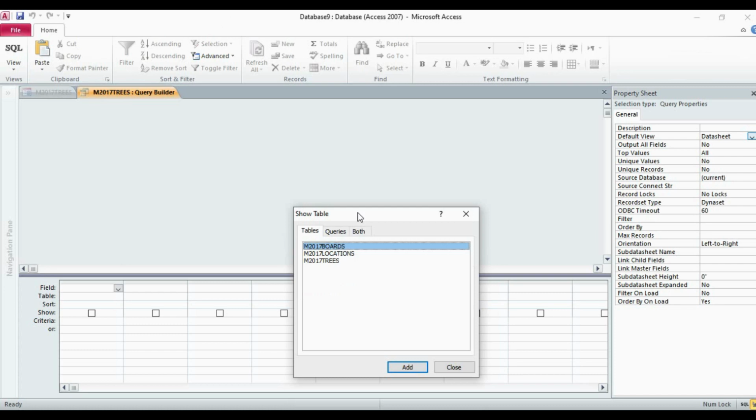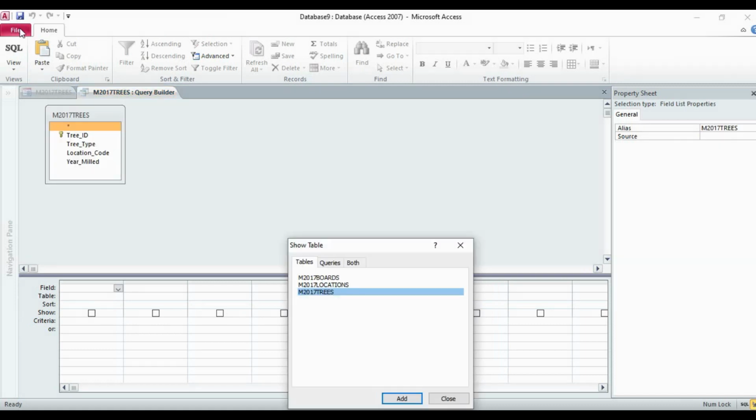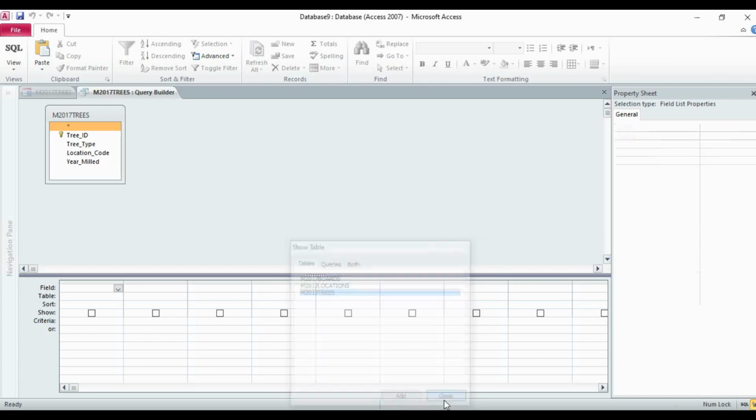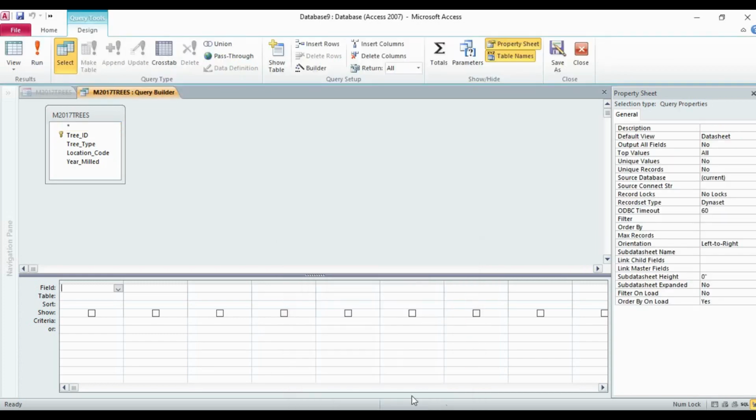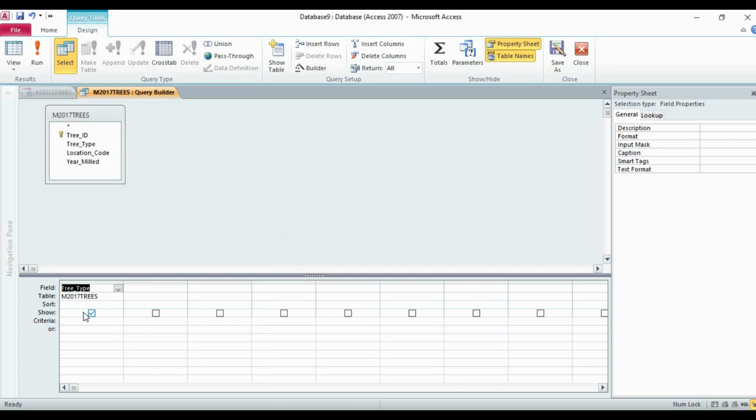It is a query window. So all these 3 tables are available with us in this database 9. So we are working with the form which is for the table trees. So I just click this and click, now click on the close button. Now in this window, first of all we will choose the field for which we want to create the combo box or drop down list. Then I'm choosing it for tree type. I have already chosen it in the form view.